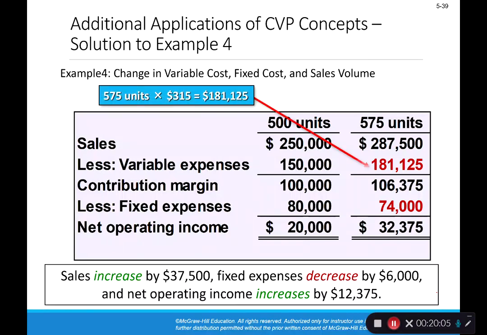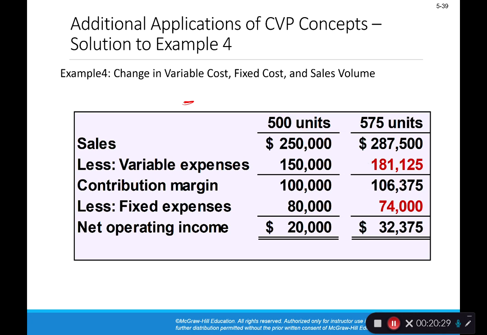Don't believe me? Well, here's the long way to do it. Recalculate everything. First thing we need to do is figure out our new sales. 575 times the 500 selling price is where the 287.5 comes from. Then to get our new variable cost, it's 575 times 315. The additional 15 in commissions are included in that. And then that gives us our new contribution margin, which is the same